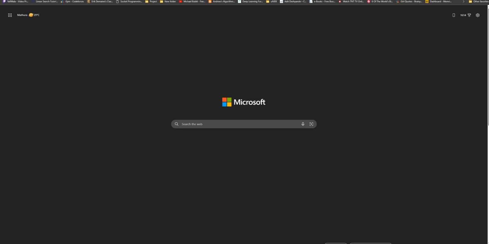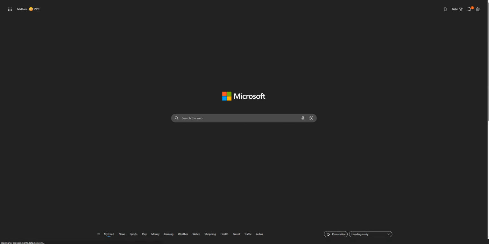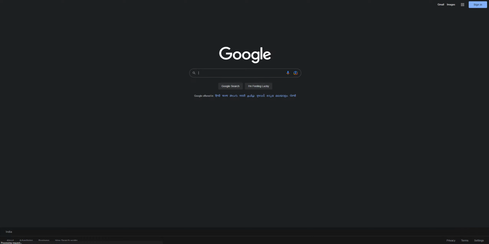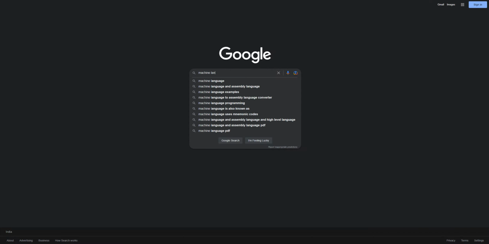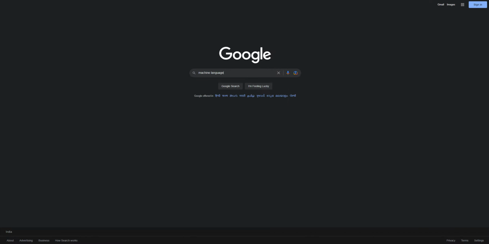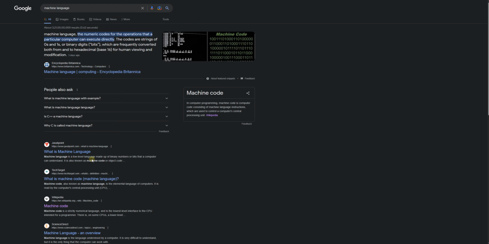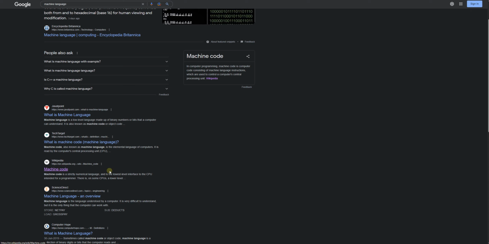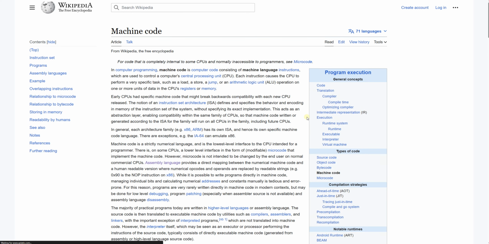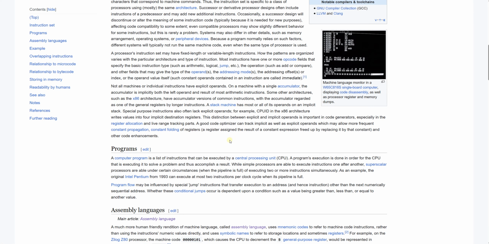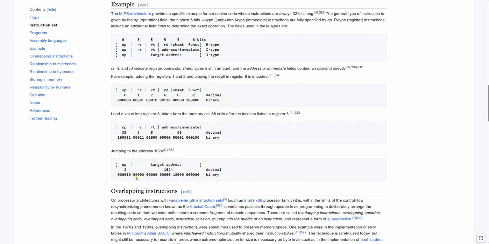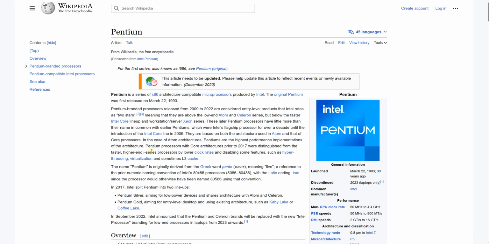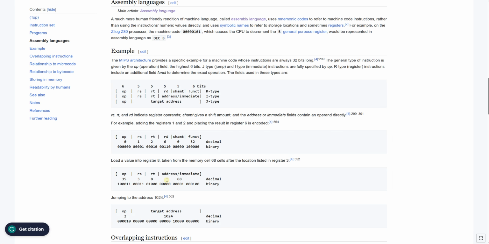Then there is a third thing which happens at the very last stage: machine language. Let's see how it looks. These are basically the architecture types.